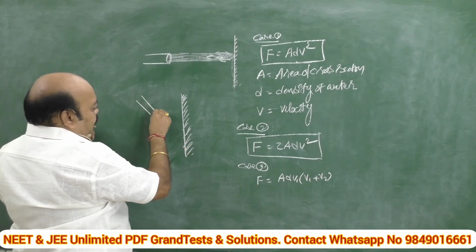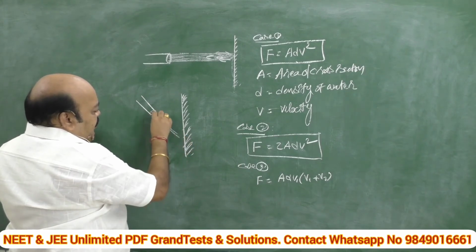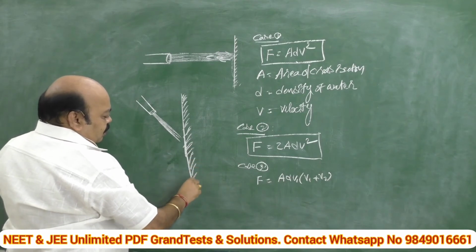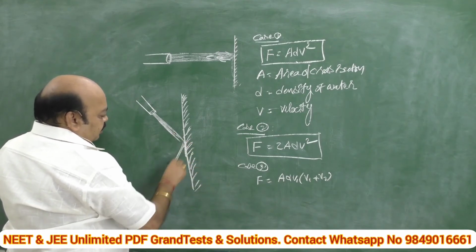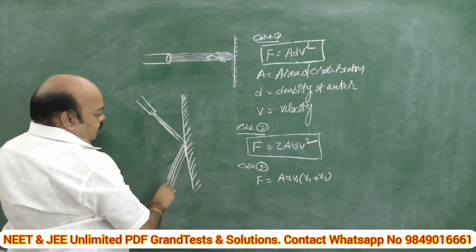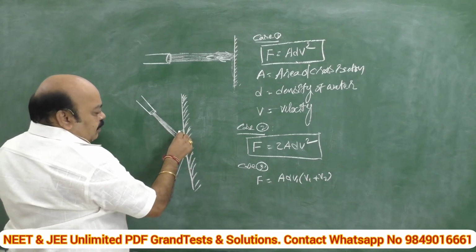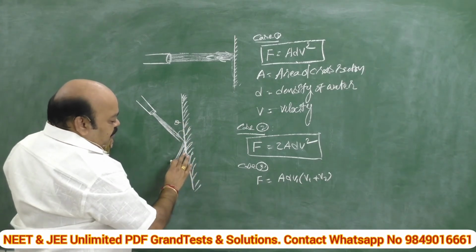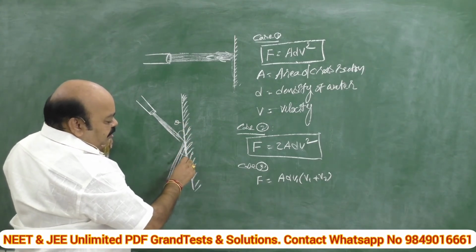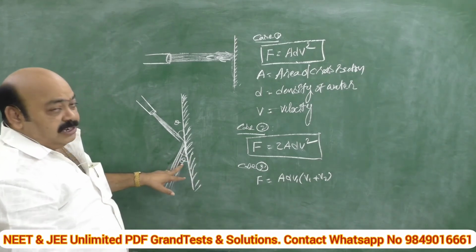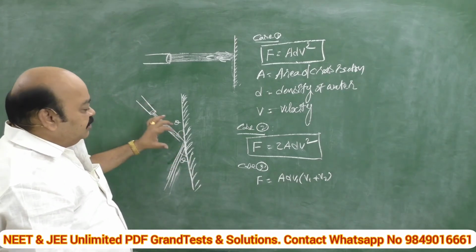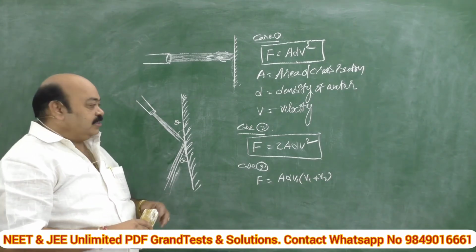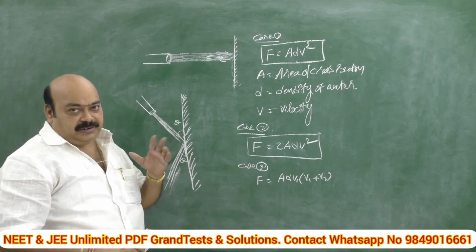This is the hose pipe. See, water strikes the wall making a certain angle and rebounds symmetrically. Say, for example, mathematically the jet makes an angle theta with the wall and rebounds. Symmetry means by symmetry we have to take this one also as theta only. Then what is the force exerted by the jet on the wall? Come on, tell me what else you can expect? Nothing. These are the total regarding jet.